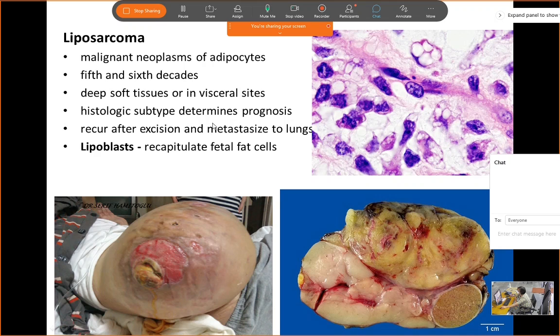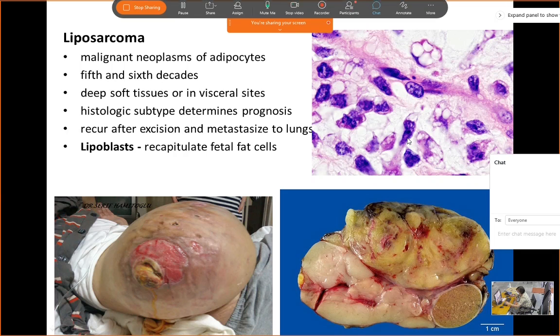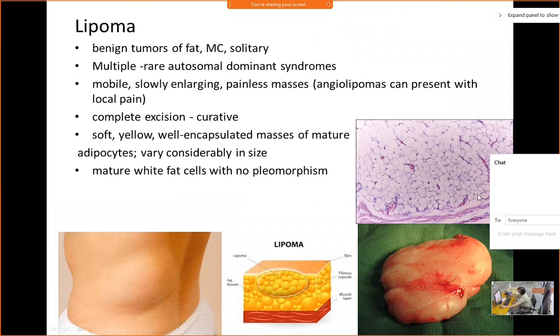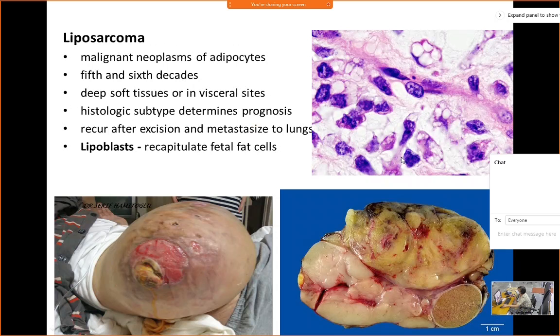Histologic subtype will determine the prognosis, and it can recur after excision. And the dangerous thing is it can go to grade 4 instantly, it can metastasize to the lungs. And on microscopy, you can see the difference. This is benign adipocytes. They look like just holes with a tiny dot there at the periphery. And these are malignant adipocytes, which have large nucleus with very hyperchromatic nucleus. Pleomorphism is there. And you can hardly see normal fat. Okay, these are a little bit normal looking, but not so good.